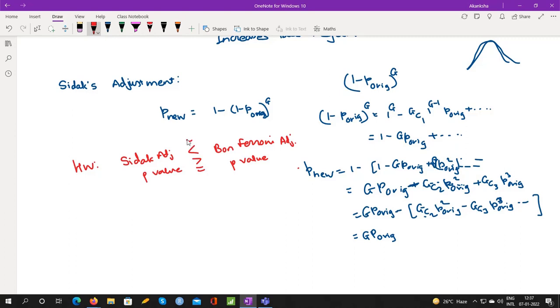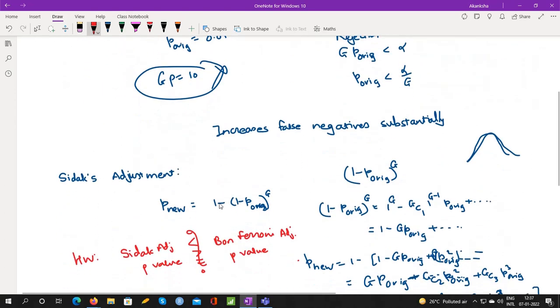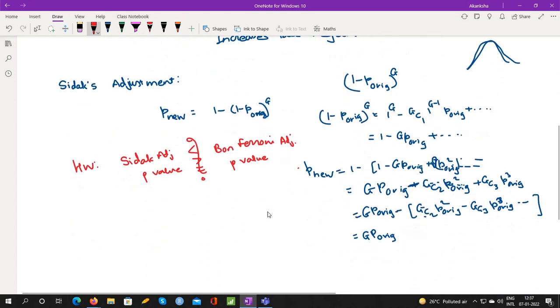I hope not equal. Does everyone agree that they are not equal? Or is there a possibility of them being equal? No, ma'am, they are not equal, because SIDAC would have a value lesser than 1, but Bonferroni could have value 1 in that case. So at least in some cases they have to be different. Fine, you have given at least one valid reason why they won't always be equal. That's enough for us.